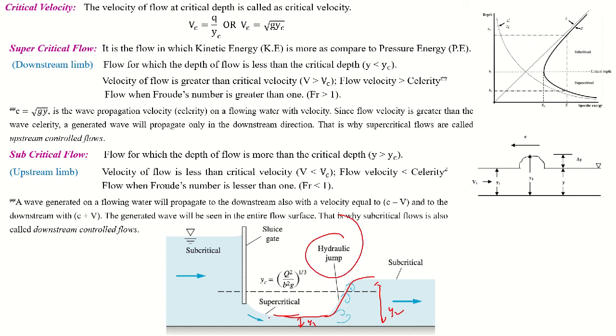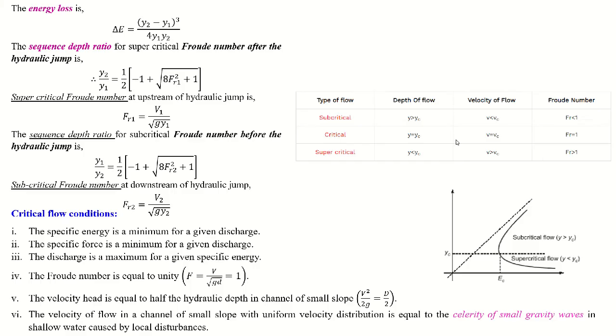In this condition, this is the high velocity. Again, the water will reduce its velocity. So this is called your subcritical section. Don't confuse. When the water moves from upstream to downstream, at the downstream the velocity is increased, or supercritical. Again, flow changes from supercritical to subcritical. In this condition, the loss of energy takes place due to the sudden change of flow from supercritical to subcritical. If you see, this equation can be helpful to calculate this loss of energy.